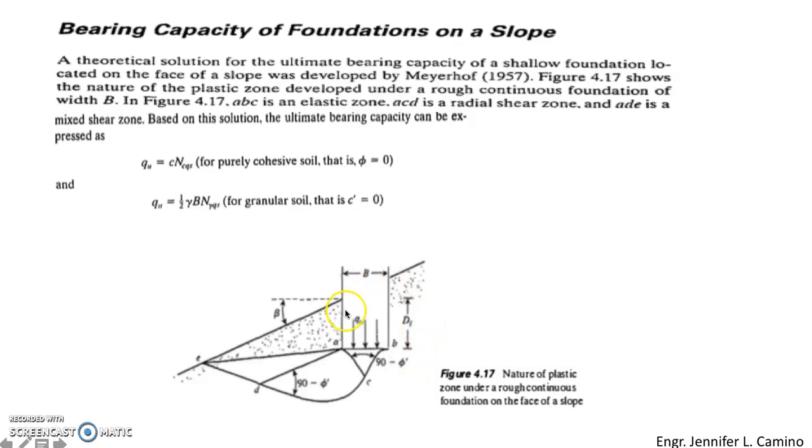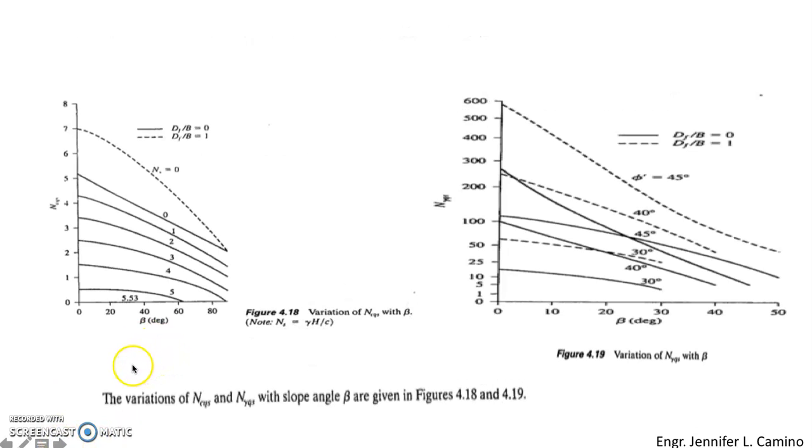Basically, if you're going to compute for the ultimate bearing capacity, you are given this expression for purely cohesive soil and for granular soil. This is the figure showing the nature of plastic zone under a rough continuous foundation on the face of a slope. We are also given a chart,